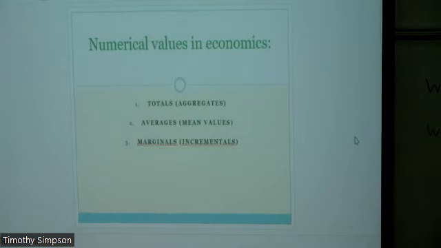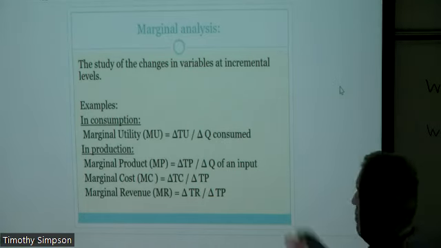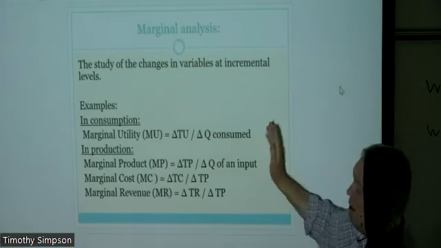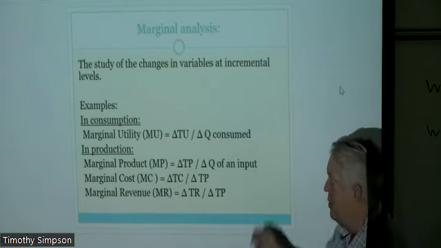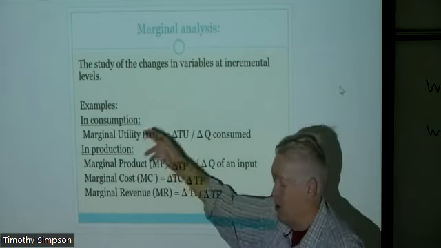And remember, this whole chapter is dealing with the concept of production. So we're not really talking about the demand side at all. Let's not worry about the demand side so much, other than the fact that when I introduced marginals, I said that in consumption we had marginal utility. That was back in chapter 6. We talked about the idea that as people consume more output, its marginal utility is what we call a diminishing function.